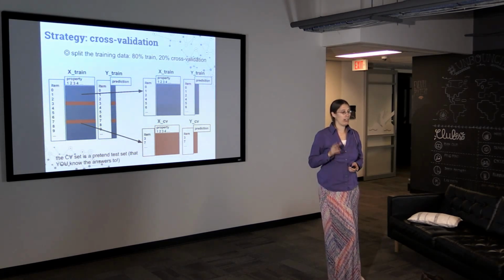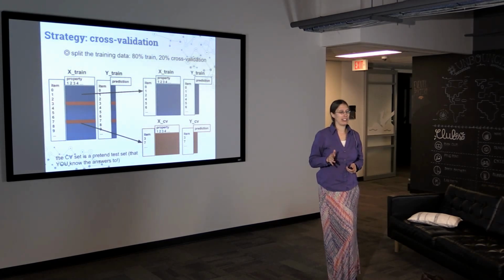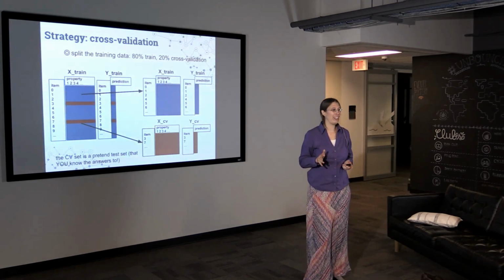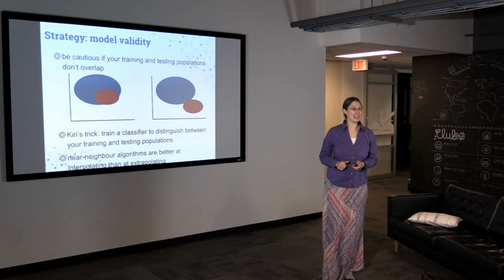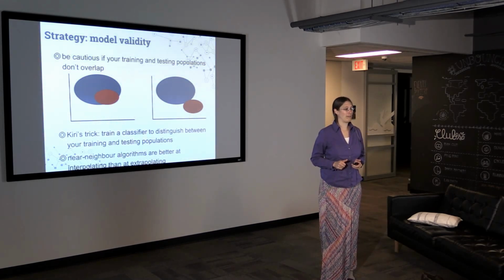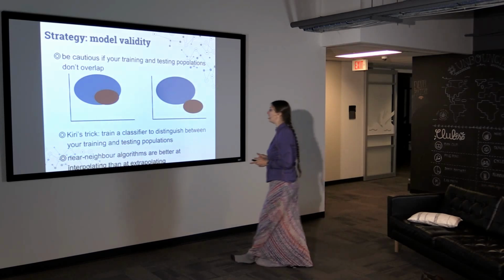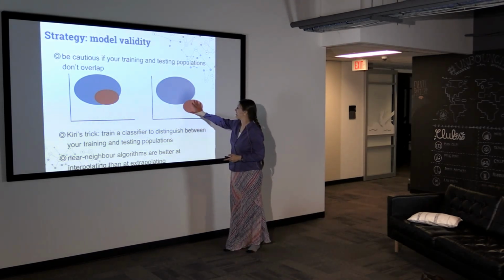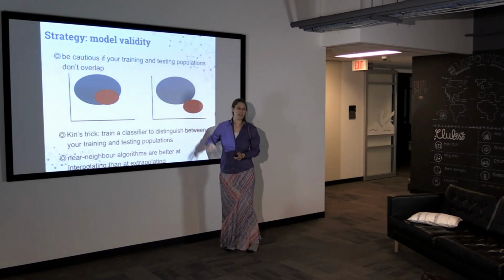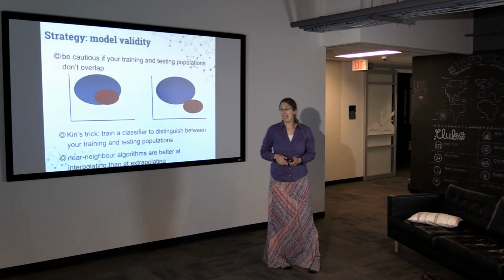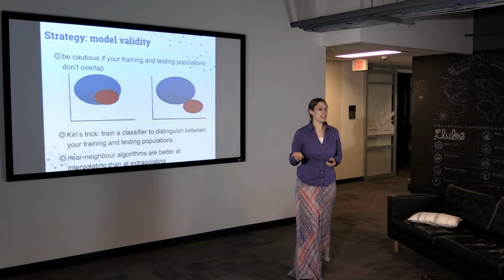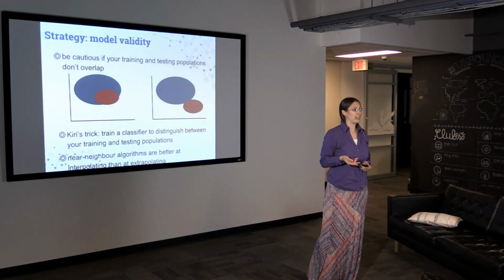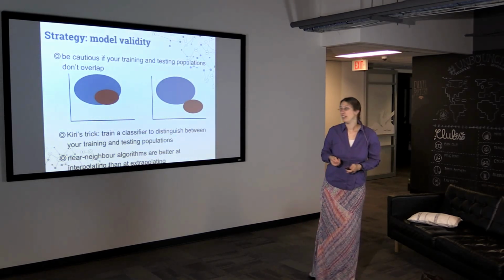One of the things that shows up every once in a while in a Kaggle competition is that the training data may not always overlap with the test data. So you might have a situation where your test population is actually a little bit distinct from your training population. In this case, using the leaderboard as a bit of a hint for whether or not your algorithm is going to do well is actually helpful.